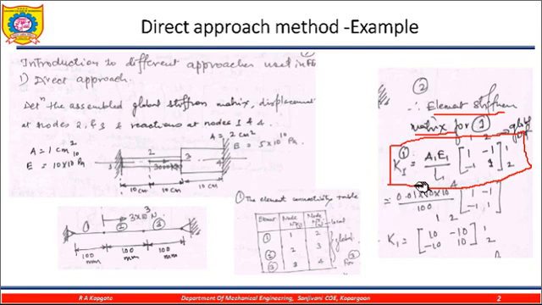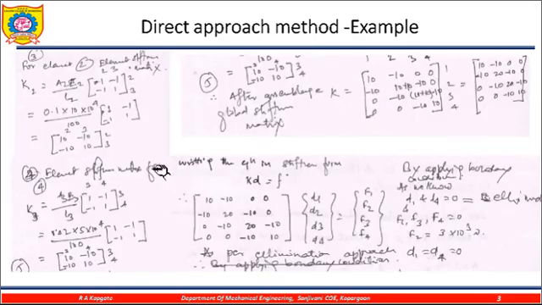Now from this we calculate. A1 is given, so A1 is equal to 0.01 meter square, into 10 to the power 10, divided by 100, since L1 is given in centimeters so I am converting it. So my element stiffness matrix K1 is [10 -10; -10 10], for node 1 and node 2. In the same way, I calculate the element stiffness matrix for element 2 as well as element 3.